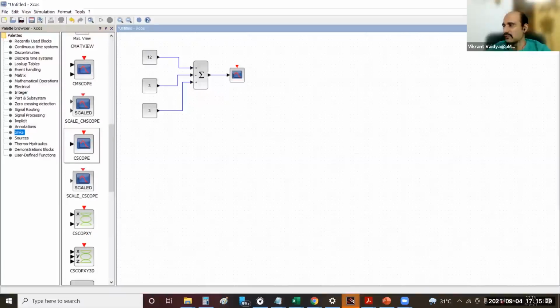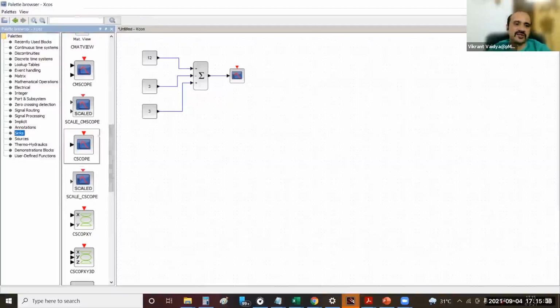Just repeating where cscope is. It is in sinks.